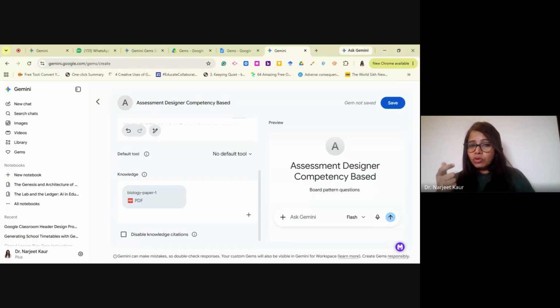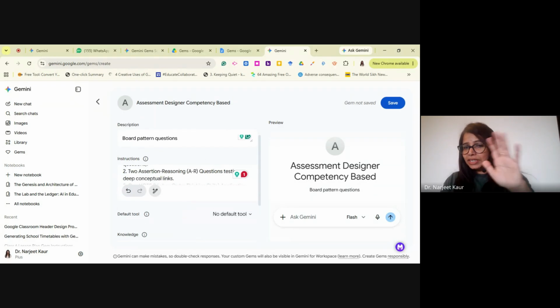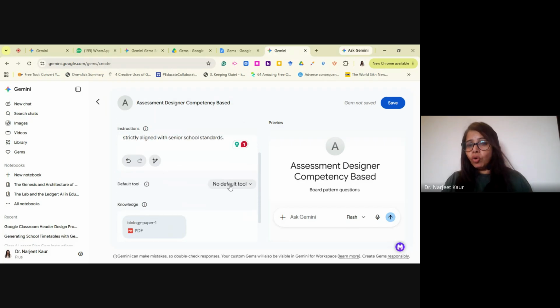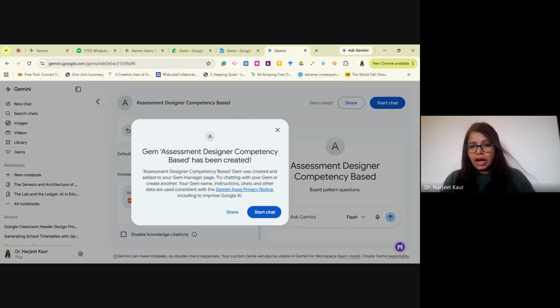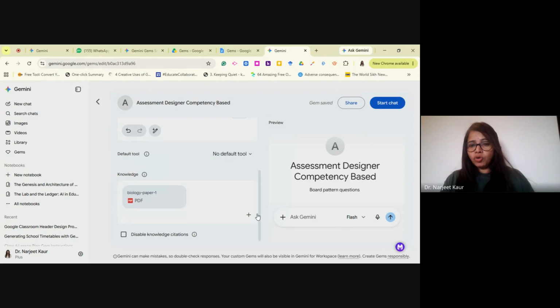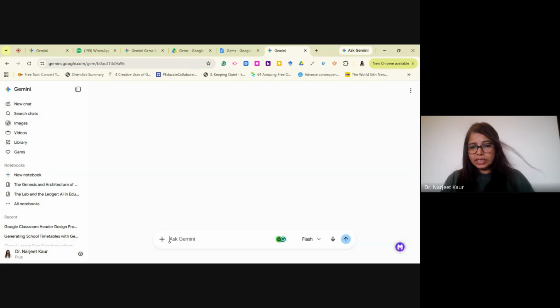If I'm a bio teacher and my principal had shared this gem, I'm going to make it my own, make a copy, and then upload this bio paper to make it subject specific. And here I go. I click on save. Right, I am ready to start conversing with my first chat here.